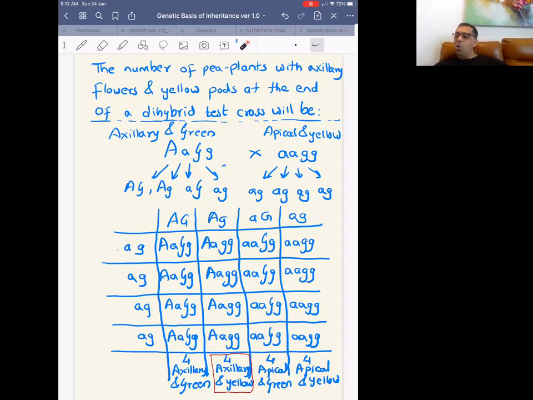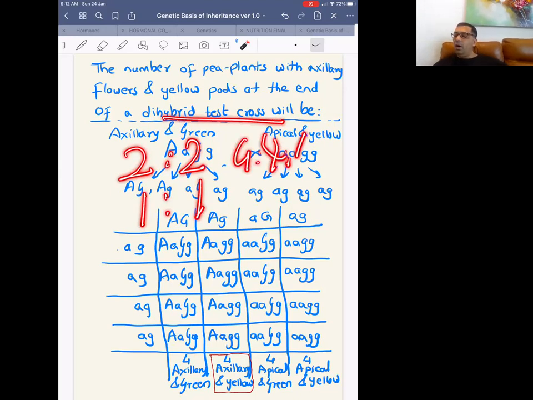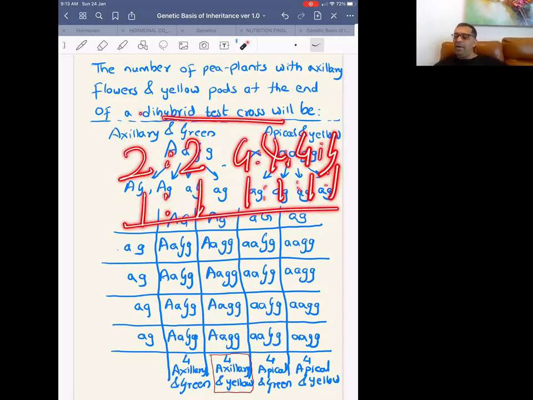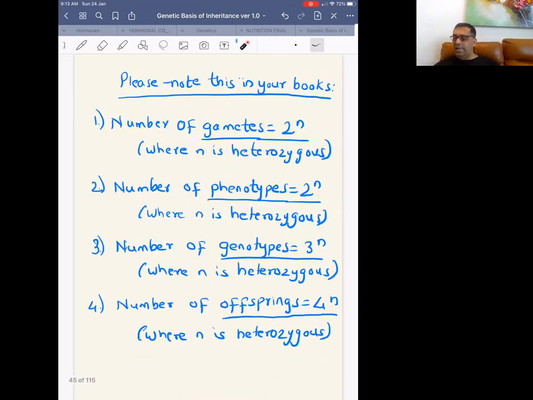तो चाहे यहां कोई भी कैरेक्टरिस्टिक डाल दे, कलर ऑफ फ्लावर, हाइट एक्सेट्रा, मोनोहाइब्रिड टेस्ट क्रॉस रेशियो क्या आएगा? मोनोहाइब्रिड टेस्ट क्रॉस रेशियो आएगा 2 is to 2, इन अदर वर्ड्स 1 is to 1. डाइहाइब्रिड टेस्ट क्रॉस रेशियो क्या आएगा? 4 is to 4 is to 4 is to 4. In other words, 1 is to 1 is to 1 is to 1. ये गोल्डन रूल याद रखना फॉर अ मोनोहाइब्रिड टेस्ट क्रॉस एंड फॉर अ डाइहाइब्रिड टेस्ट क्रॉस. तो ये गोल्डन रूल्स है मोनोहाइब्रिड डाइहाइब्रिड टेस्ट क्रॉस के लिए.